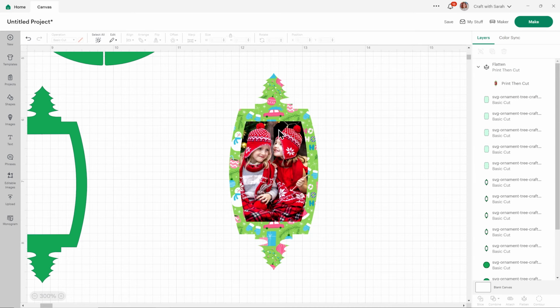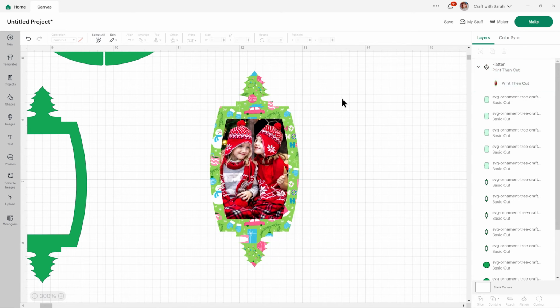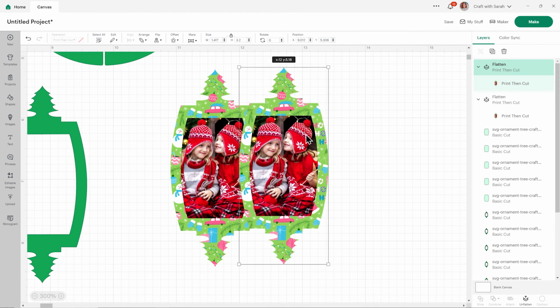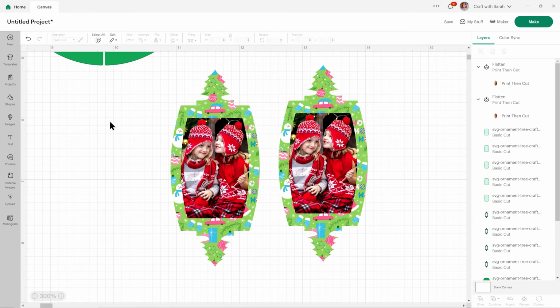That means you'll print this on your home printer, and then the Cricut will just cut around the edge of this, and you can slot it into the ornament nice and simple. And that's all there is to it, to making customizable, printable ornaments with your photographs in. You could either do a different photo for every side, or you could just duplicate the same one if you want the same picture on everyone, and then just delete the leftover ones if you don't need them.